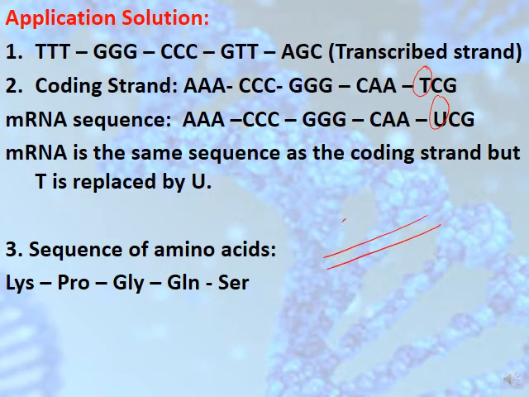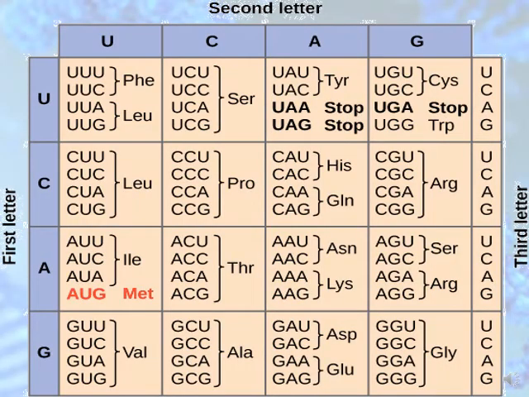How can I get the sequence of mRNA? It's not a secret. It's from the genetic code table. So here, for example, let's start with the letter U. You have to study only 3 of these: UAA, UAG, and UGA. These 3 are the stop codons. And the others, you can use them. For example, first letter is A, second letter is C, and the third letter is C. So ACC, very unique, THR. Okay? For example, first letter is G, and the second letter is U, GUU, let's say. It's valine. Okay? So you have to use this genetic code table, and you have to study only the stop